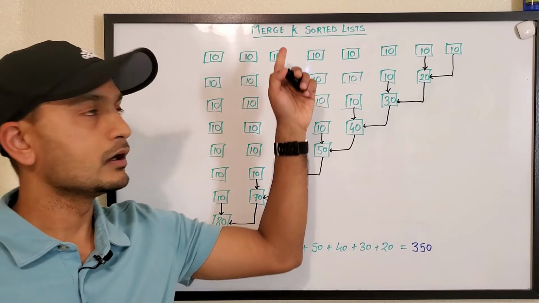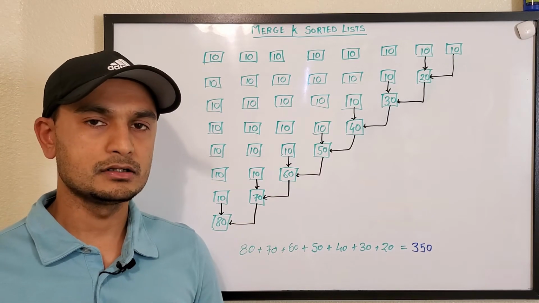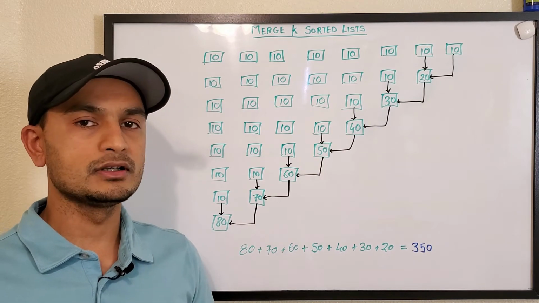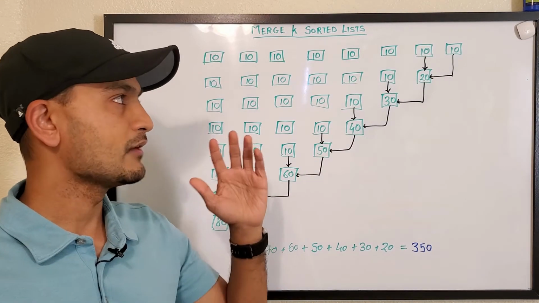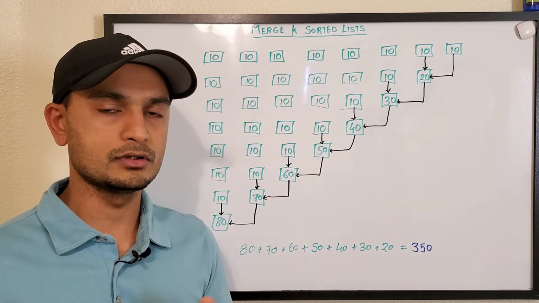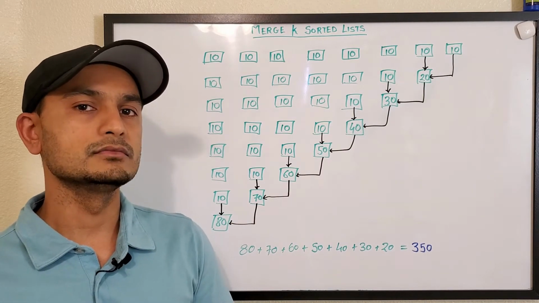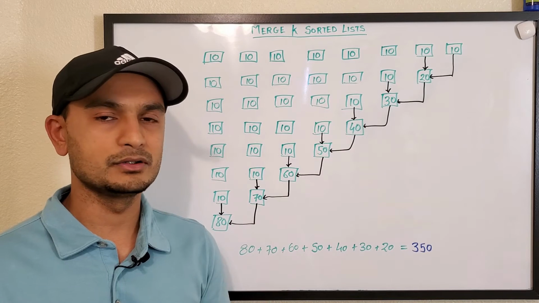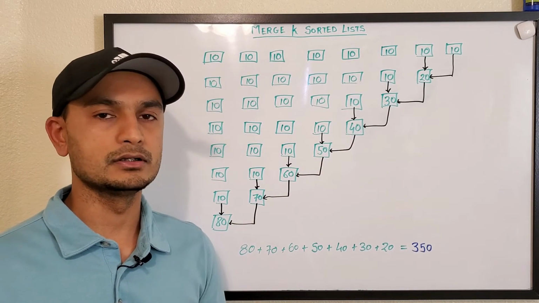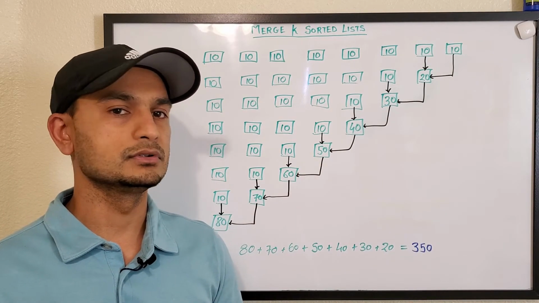So let's look at our merge k sorted lists problem. Before we start here, I want to mention that we'll be reusing the algorithm from merge two sorted lists. If you haven't done it, or if you are not aware of how to merge two linked lists which are sorted, then I would recommend that you pause this video right now and go watch that video. It's a short 5-minute video, a simple one, so you can finish that and then come back and we can continue on this one. The link should come on top right now, so go ahead and watch it.